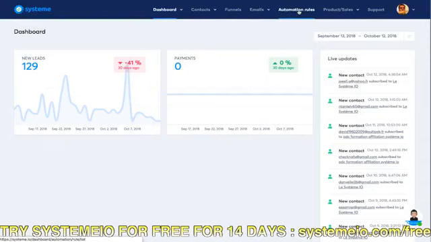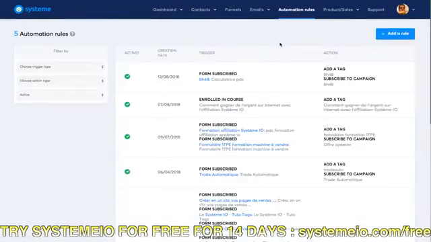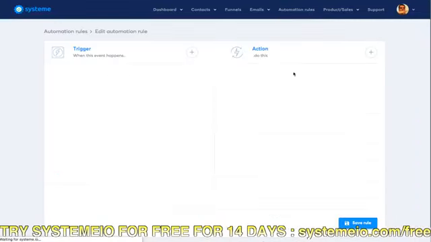And automation rules is to link, I will show you maybe, different parts of System.io. For instance, you create a squeeze page. Then what happens when someone enters their email in this page? From here you can add a rule, and you have the usual trigger and action.